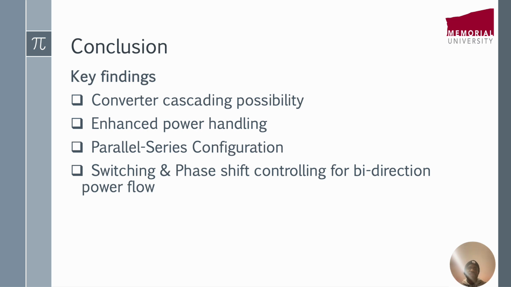So in conclusion, we would say that a dual active bridge can be used to develop an HVDC system, and we can use it to achieve higher voltage handling capabilities, and also higher power handling capabilities, because as long as we continue cascading, depending on the way we do the cascading, we can end up increasing the voltage handling capability, or even increasing the power handling capabilities, so that we can develop a system which can operate at 132 kV and even higher,